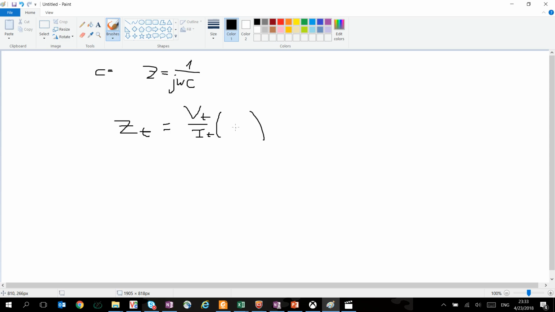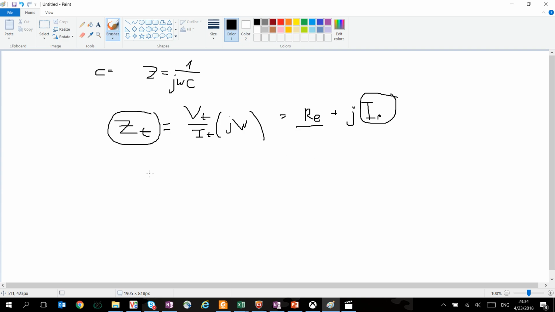But this is going to be some complex function of j omega, because this is not only resistors. It could be capacitors, it could be transistors, it could be inductors. So then it's not going to be some straight function. So this is going to change with the frequency. But also we know that this could be divided into two components: the real part and the imaginary part of the impedance. And usually the capacitors and the inductors are part of the imaginary part, where the resistors are part of the